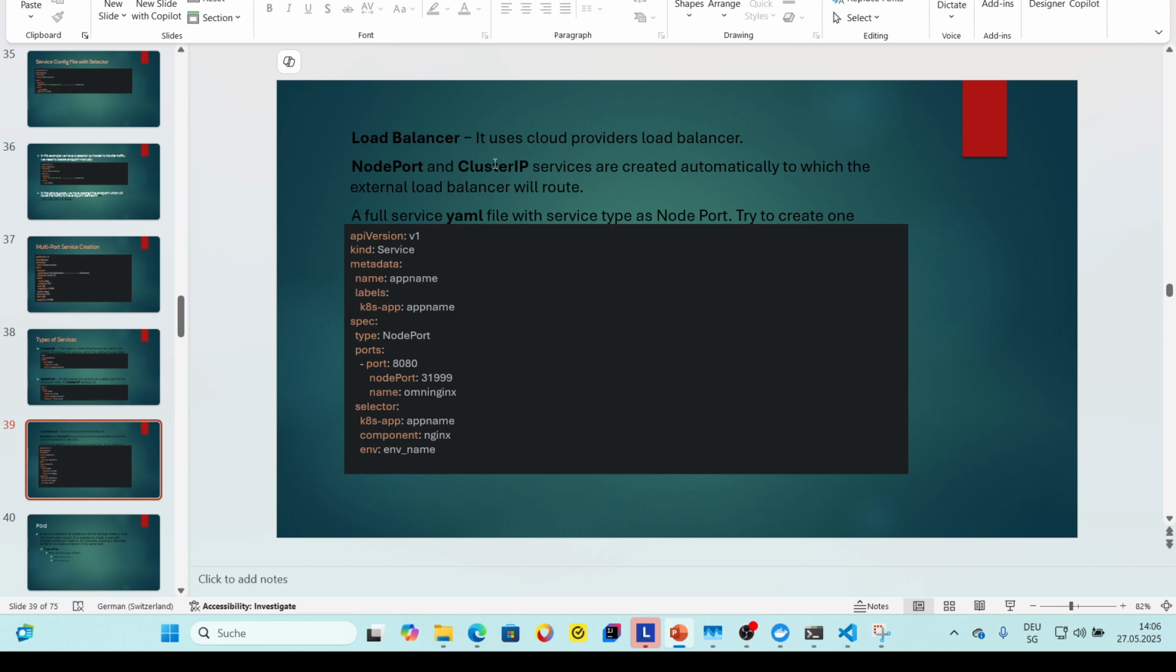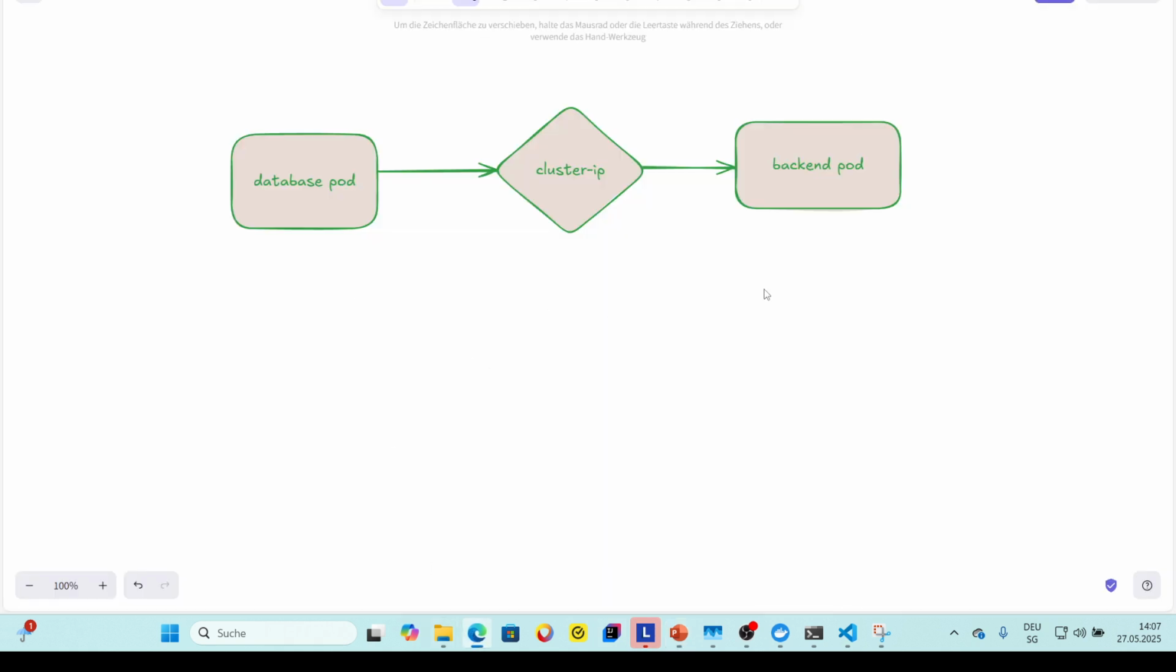Load balancer. It uses a cloud provider load balancer. So if we deal with a load balancer, we can either use a cloud provider load balancer, or we can also have some locally installed load balancer. But most of the time preference is given to cloud provider load balancers. So node port and cluster IP services are created automatically to which the external load balancer will route. So it means like